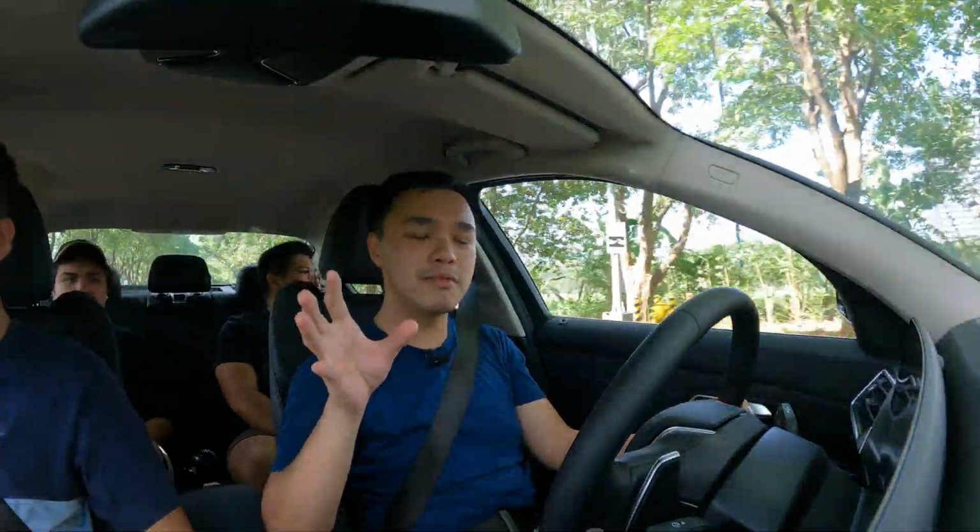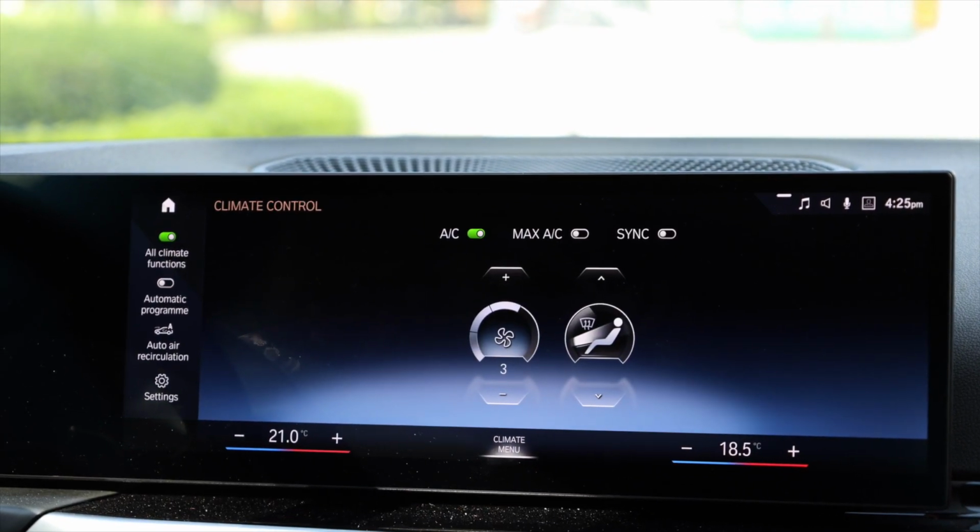But what is annoying ergonomics-wise is the fact that BMW, for this new iDrive system, has decided to remove any sort of physical controls for our AC system. And given that we are driving it here inside the Philippines, where it is incredibly hot and you want to adjust your fan speed all the time, you don't have the option of doing that with just some button. You do have to go inside the infotainment screen, and while there is a shortcut button for it,